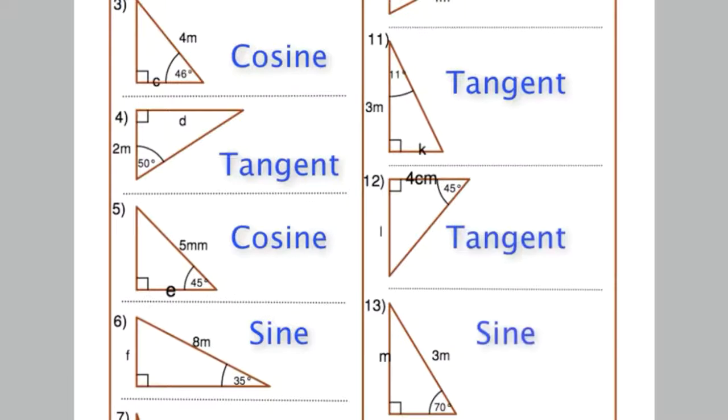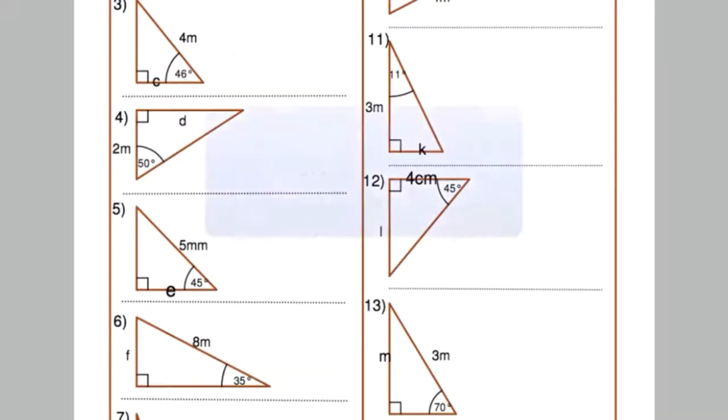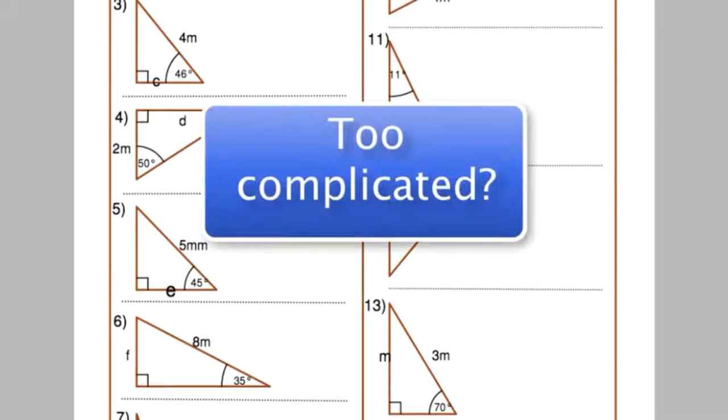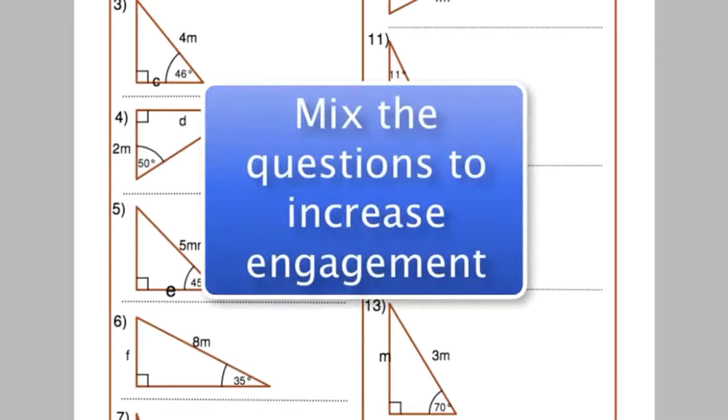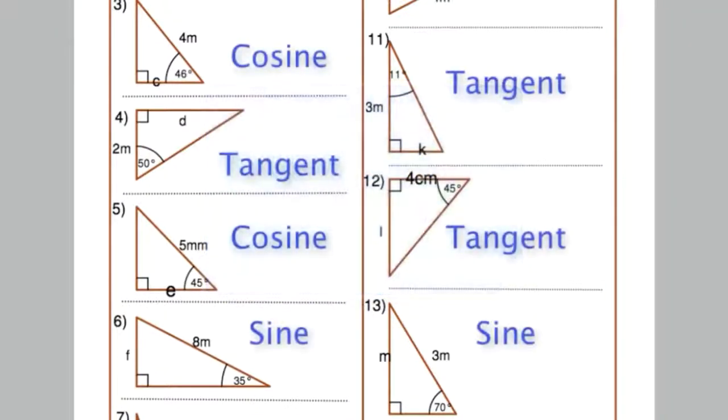Now, the traditional approach would say that this is too complicated for students at this early point in the unit, but I disagree. We don't, for example, want them doing the same thing over and over again with the sine ratio, and then the same thing over and over again with the cosine ratio, etc., because their brain goes to sleep. But with this mix the questions together from the start strategy, most students not only cope well, they much